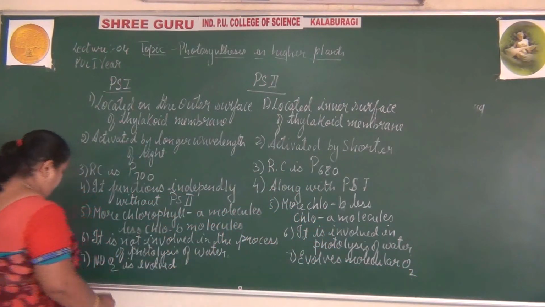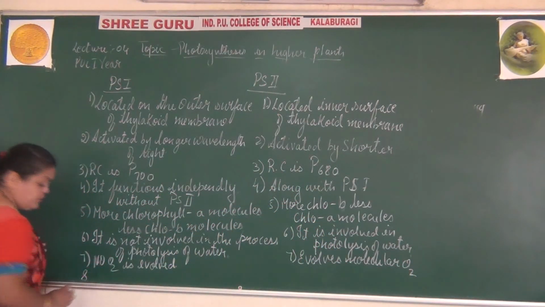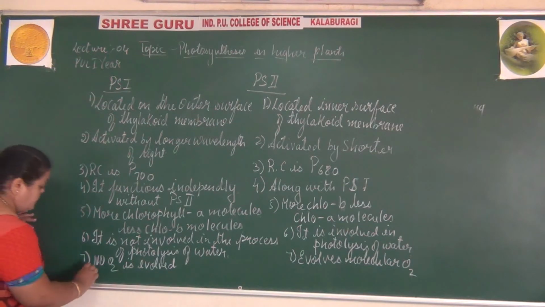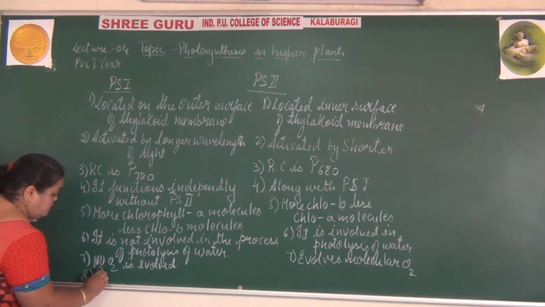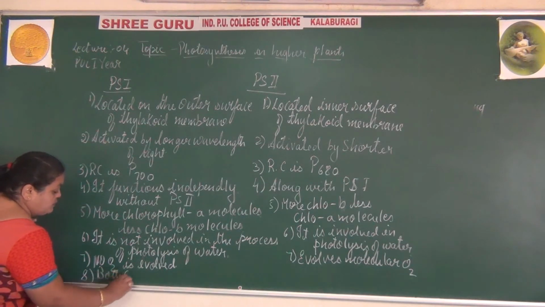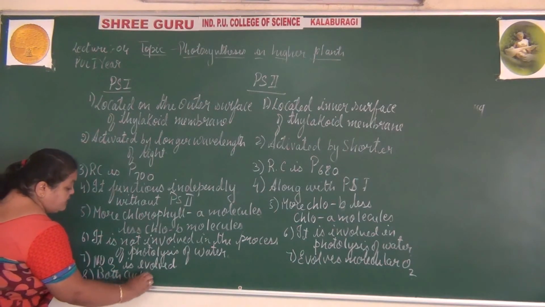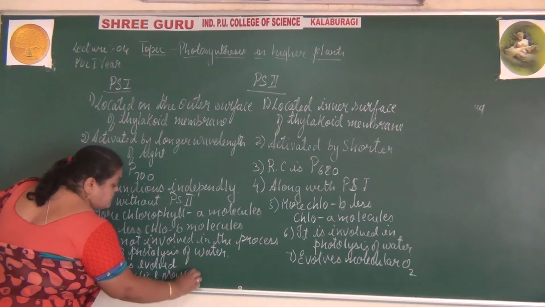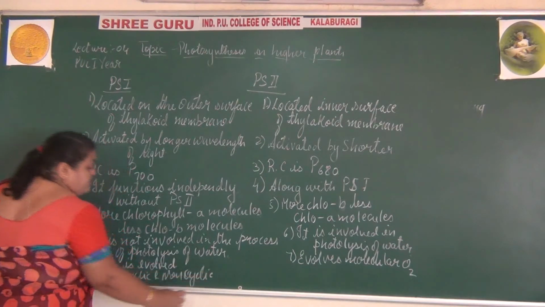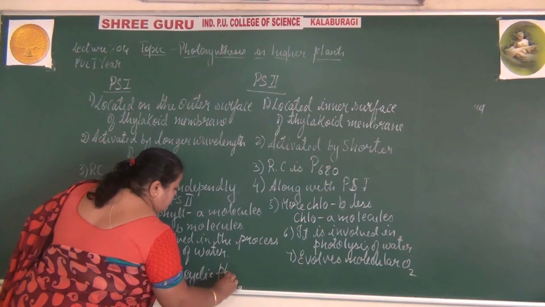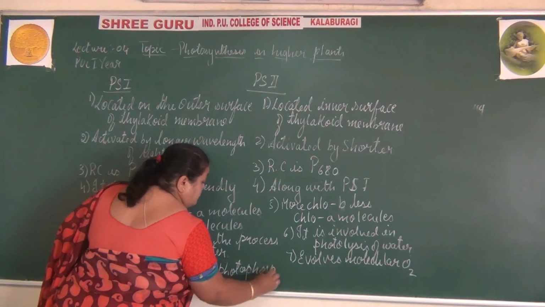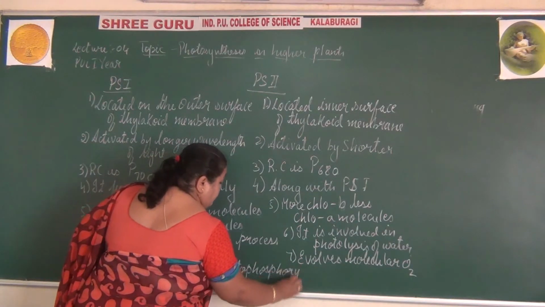Usually photosystem 1 is involved in both cyclic and non-cyclic photophosphorylation,